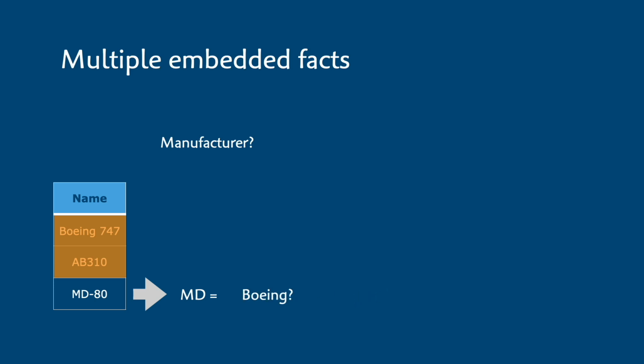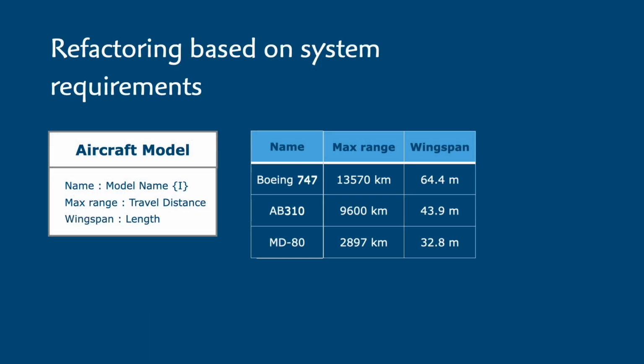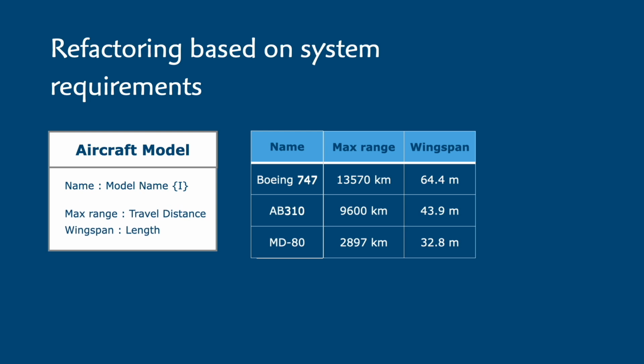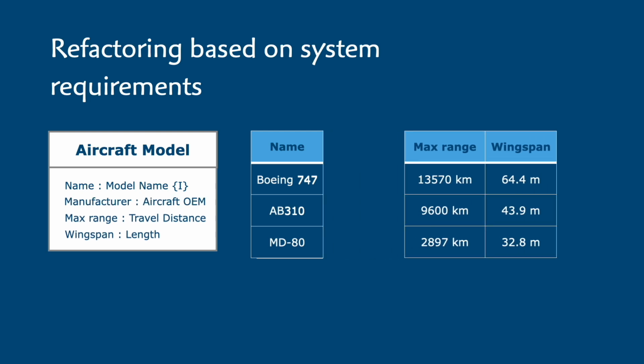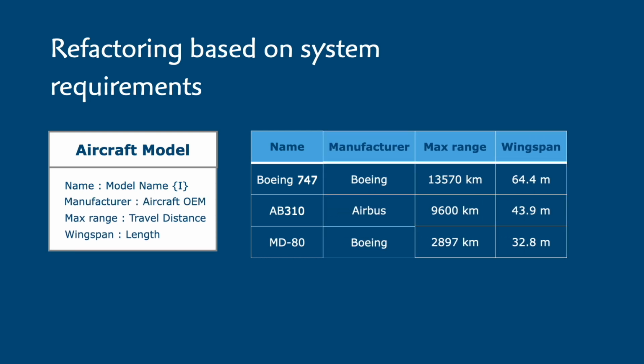Now, if we don't ever care about the manufacturer and we just think of the name as a name, this is okay. Then it's just one fact, the name of the model and nothing more. So you cannot infer the manufacturer. But if our requirements tell us that we do need to answer that question, we need to revise our class. Let's split out the manufacturer from the name and add the appropriate attribute to our class. We then update our table and can see that each cell now has a single fact.